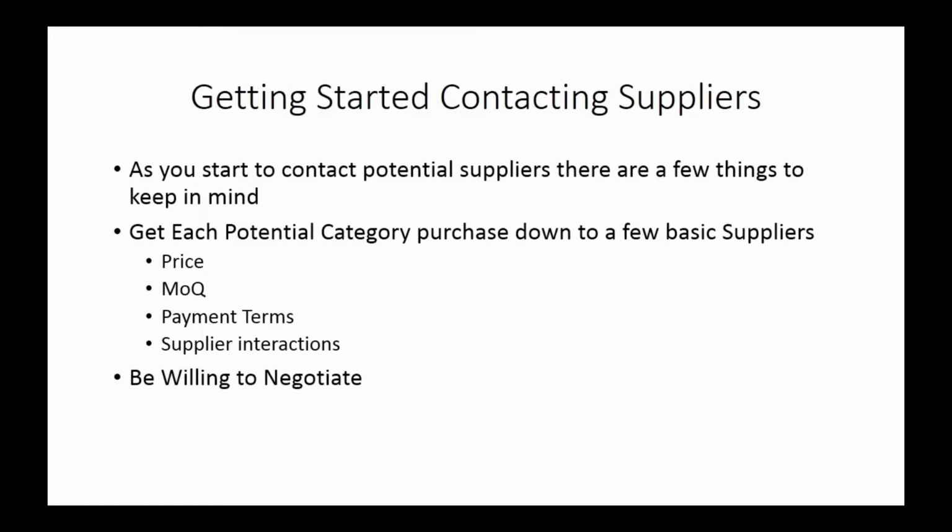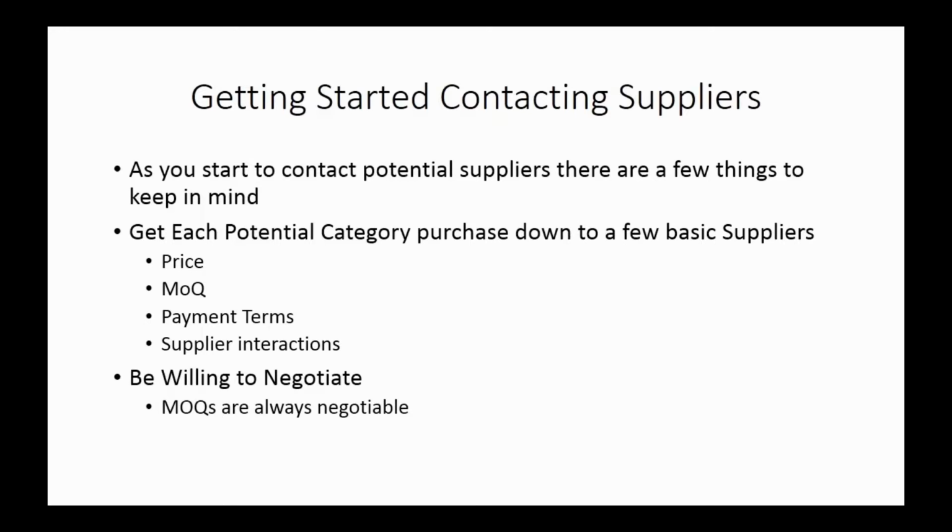And then also, throughout the process, be willing to negotiate. Be upfront in the terms that you want. Be upfront in the things that are going to make it good for you to be able to do business in whatever marketplace you're going to be doing business in, whether it's Amazon, whether it's eBay, whether it's locally. Make sure that you're negotiating with your supplier based on how you are going to be doing business.